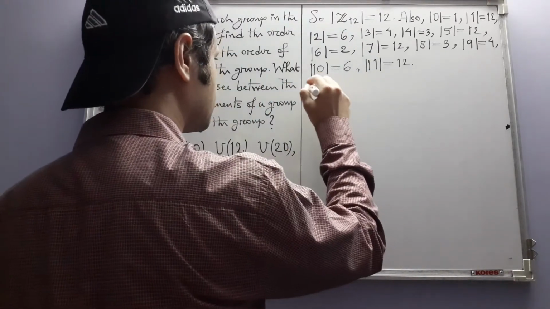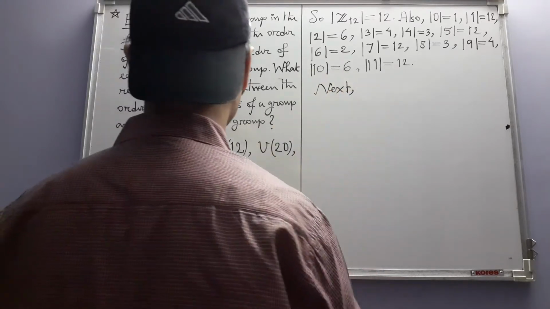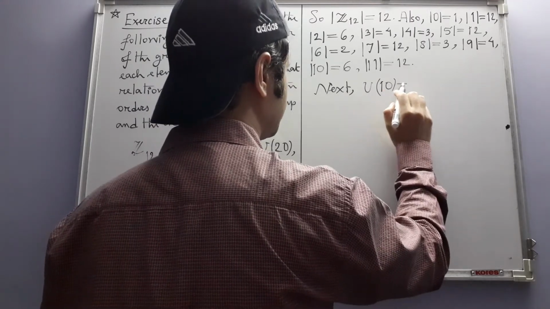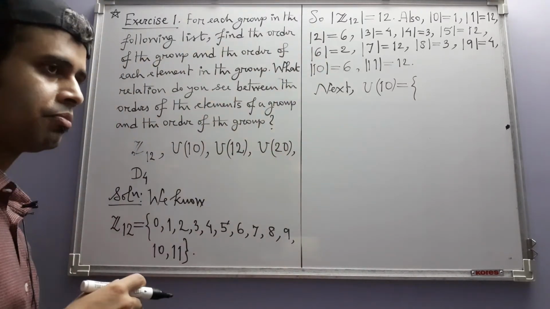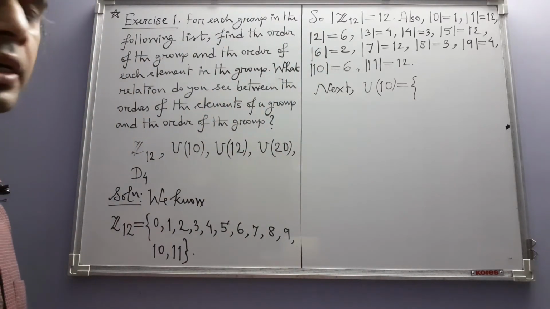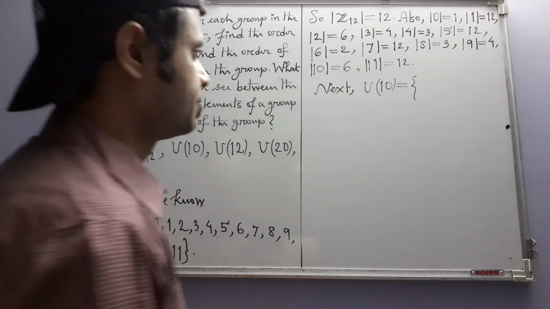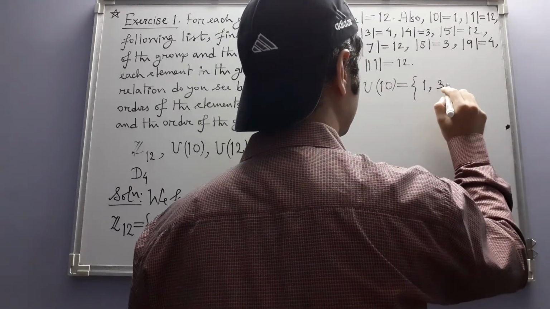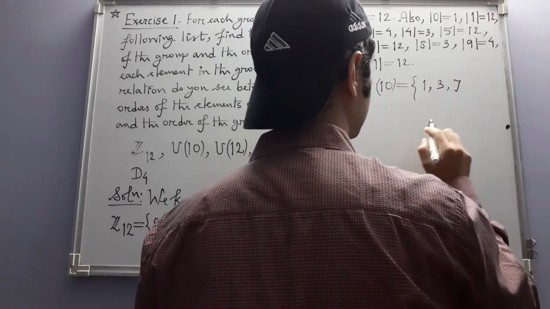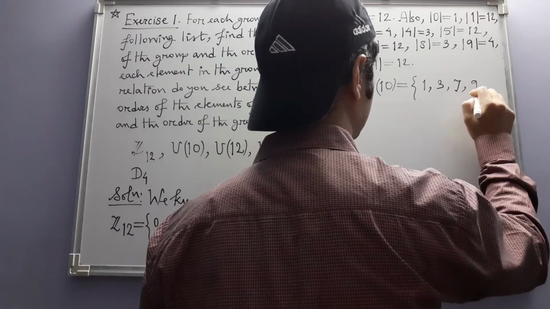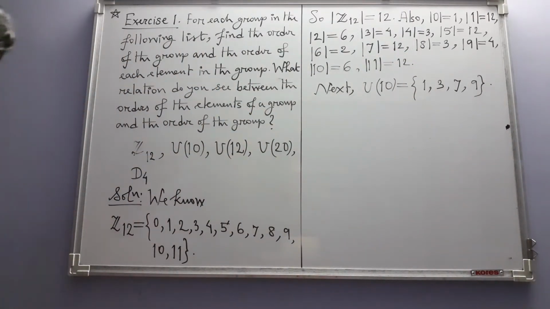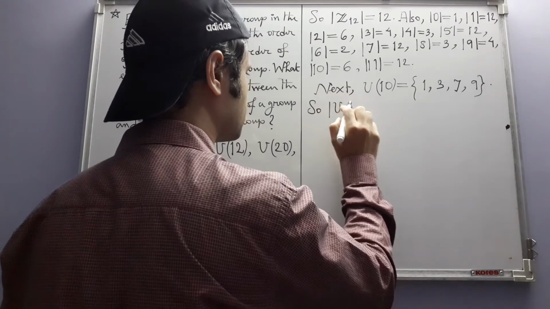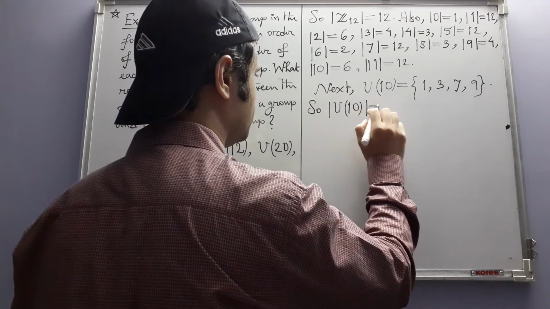Next, what about U10? U10 is a multiplicative group where we have positive integers less than 10 and relatively prime to 10. So they are 1, we cannot have any even integer, 3 will be there, 5 won't be there, 7 will be there, and 9 will be there. 1, 3, 7 and 9. So order of U10 is 4,